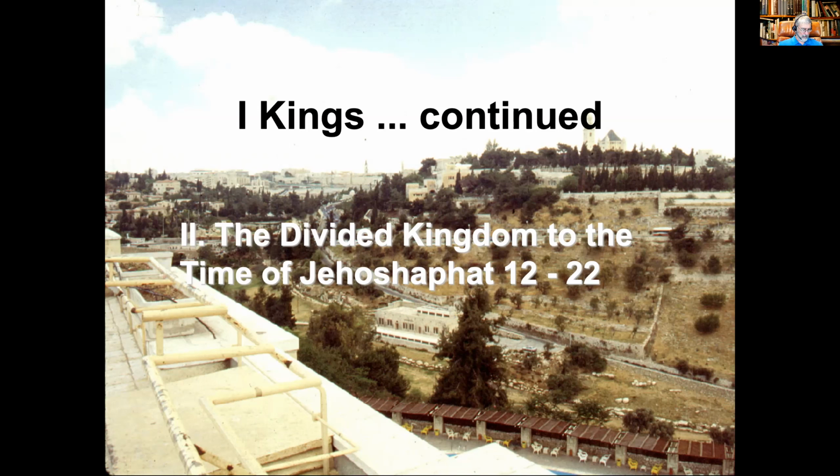And as soon as Jeroboam heard of it, he returned from Egypt. And they sent and called him, and Jeroboam and all the assembly of Israel came and said to Rehoboam, "Your father made our yoke heavy." In other words, very high taxes, very extensive drafts. It was a very oppressive reign because Solomon wanted to build a huge economy to get rich and famous very quickly.